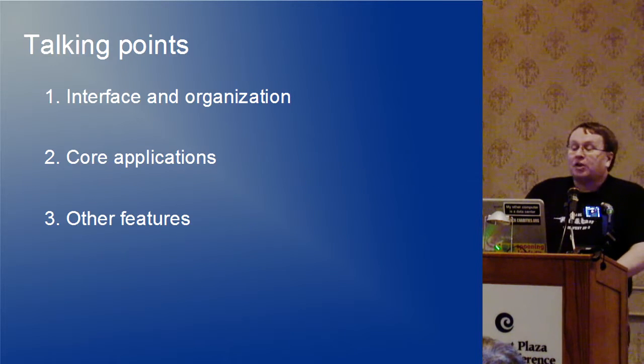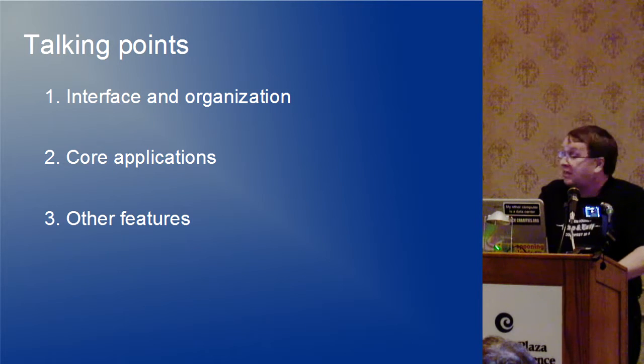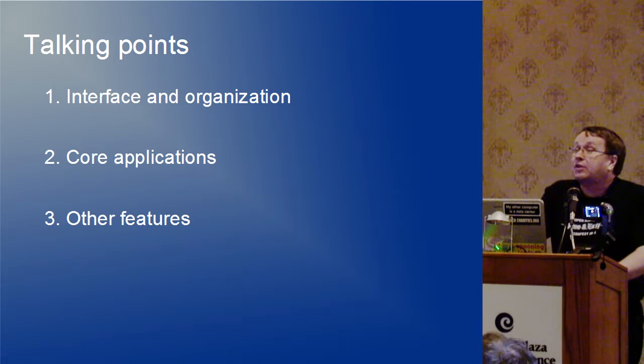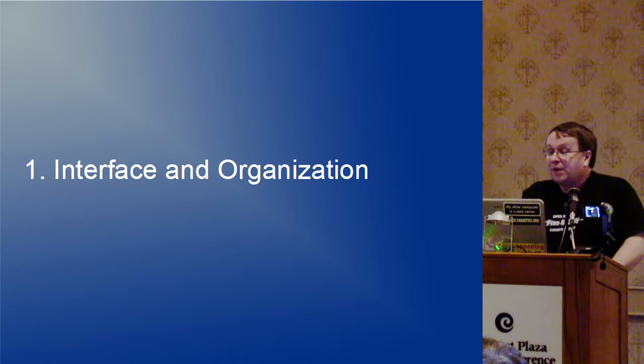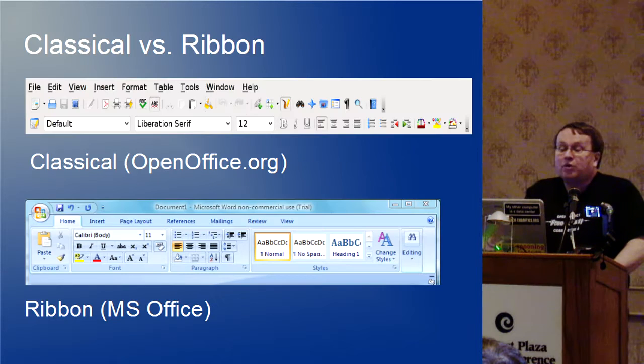Now, the things I'll be mainly talking about are, first of all, interface and organization, some of the core applications, that is to say the word processor, spreadsheets, and the slide presentation, and then a few other features here. The most basic and most obvious thing, OpenOffice has what you might call a classical menu and taskbar